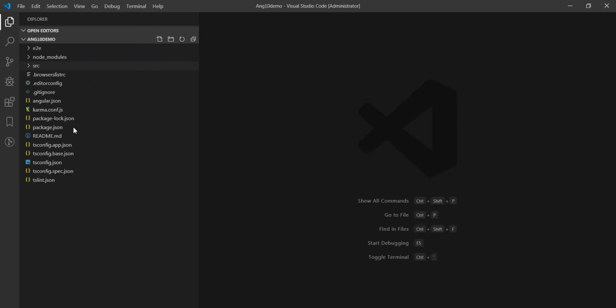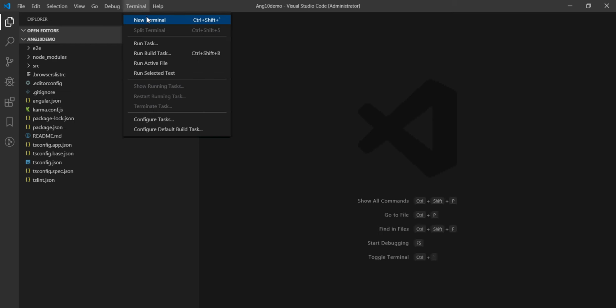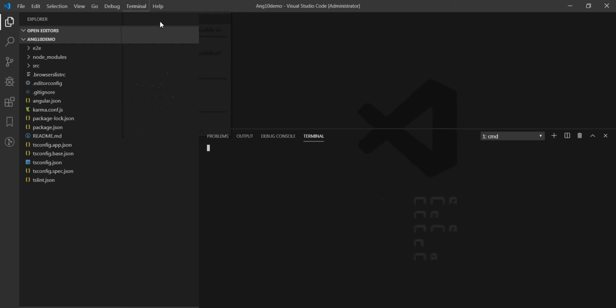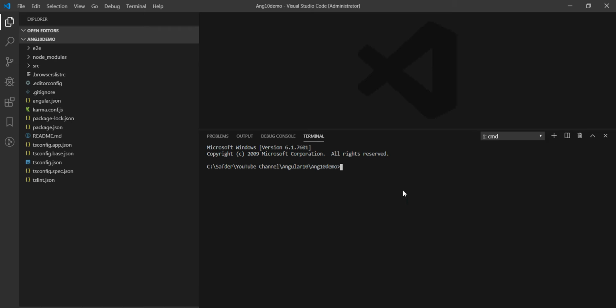So I think all the dependencies have been installed already. We haven't installed any package related to Angular Material, but we will do so after verification that we have created our base template successfully. So I'm just going to run that project. So we are passing a command ng serve to run this